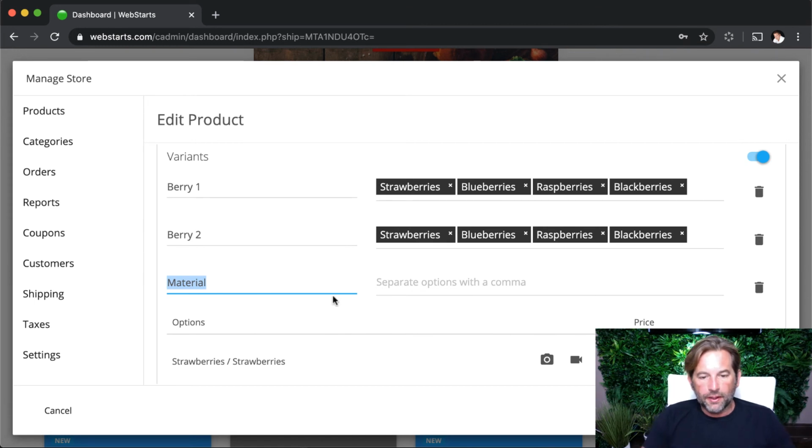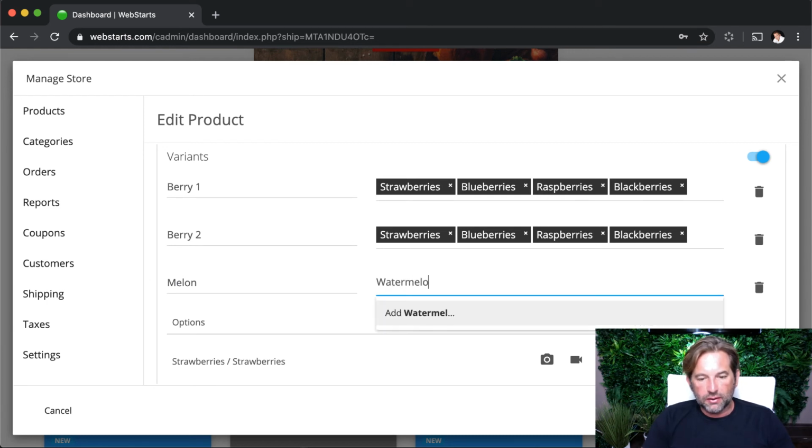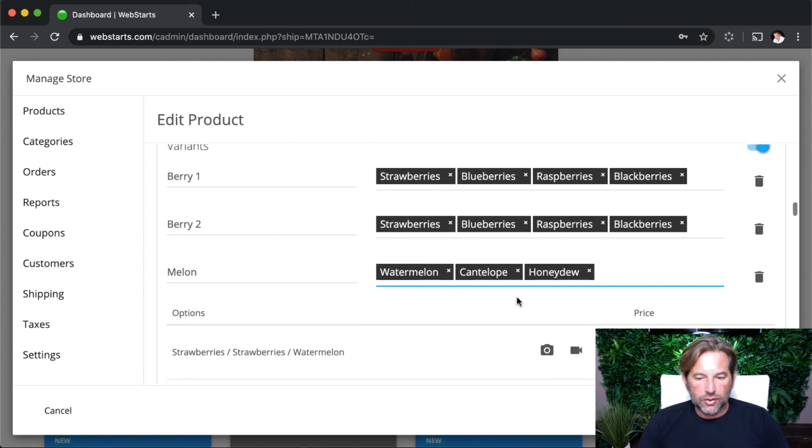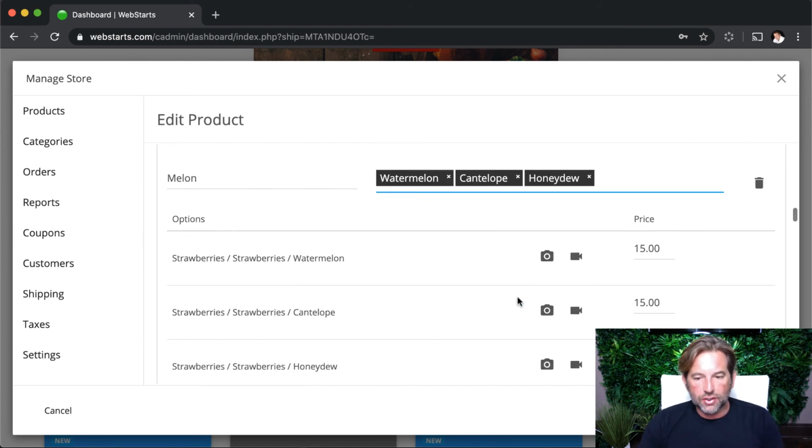Then lastly, I had my melon type, so I'm just going to type the word melon, and then I'm going to say watermelon. What else did I have in there? Cantaloupe. And I had a honeydew melon. So I enter those in, and now something I want to draw your attention to that I didn't use for